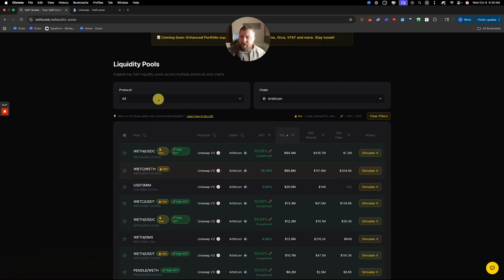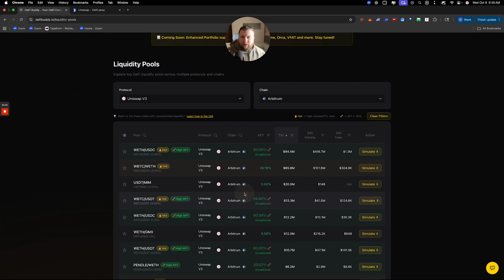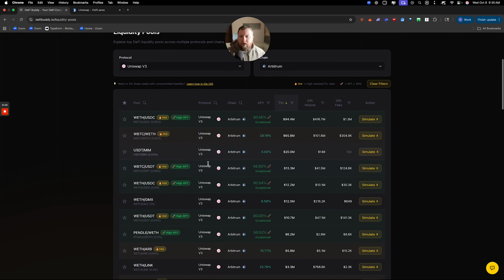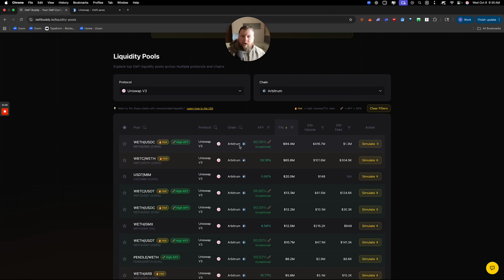The next thing I want to do is hunt for Uniswap. So I select Uniswap V3, and now I can see all of the different liquidity pools on the Arbitrum chain on Uniswap V3, where V3 is the concentrated liquidity version. So: Arbitrum chain, protocol Uniswap V3. The next thing I want to do is look for ETH pools. You can see right on the top, the first one, Wrapped ETH USDC, and this is